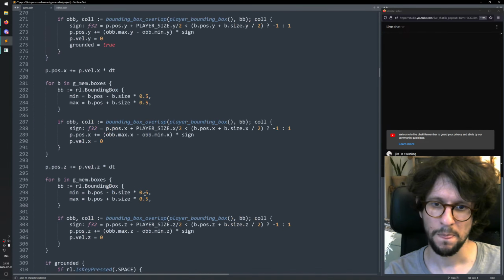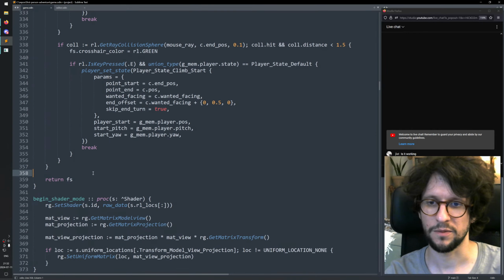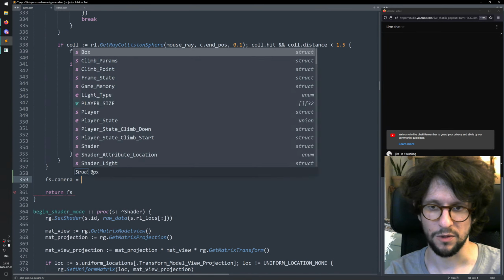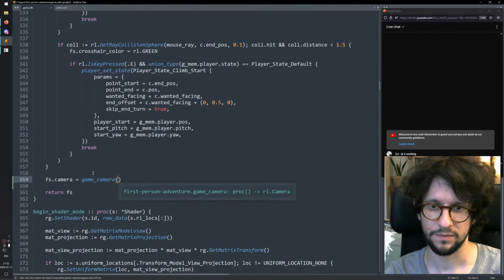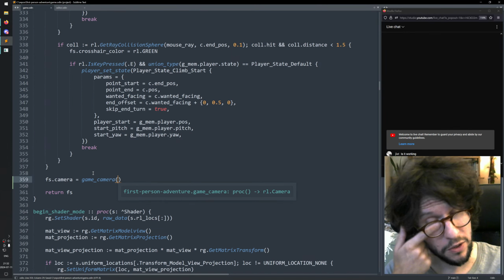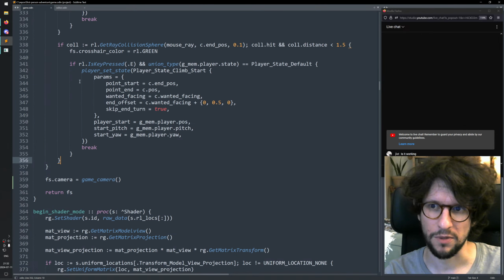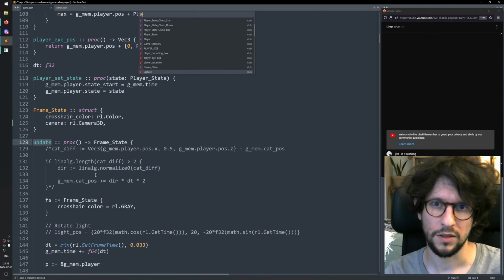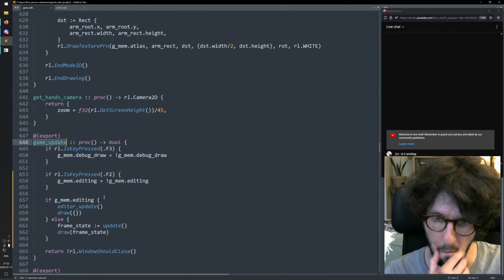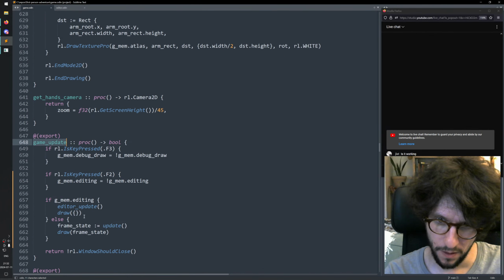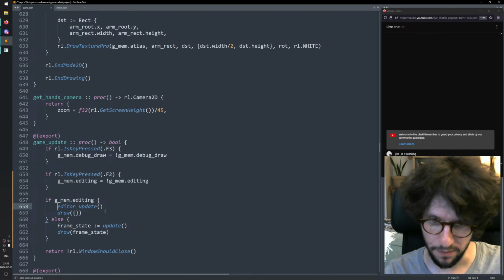Yeah, let's just set the camera at the bottom here. fs.camera equals game camera. Maybe I don't even need the game camera proc anymore because I don't need to fetch it separately. But, and then we can go back to game update. So then perhaps